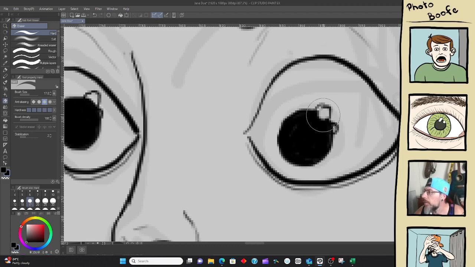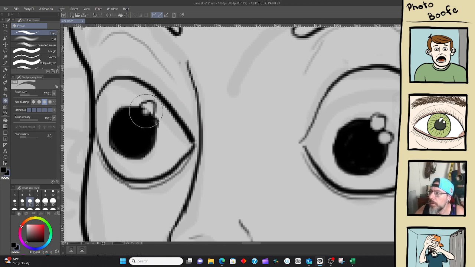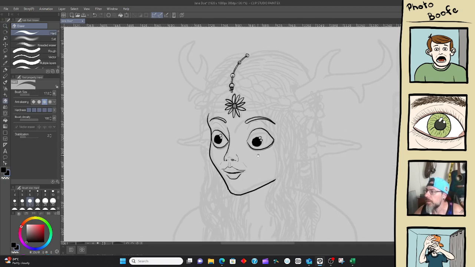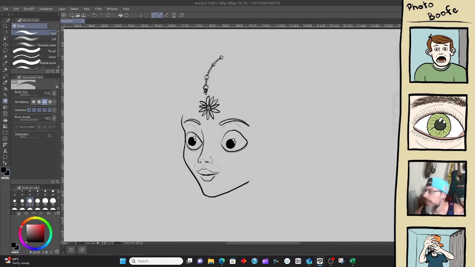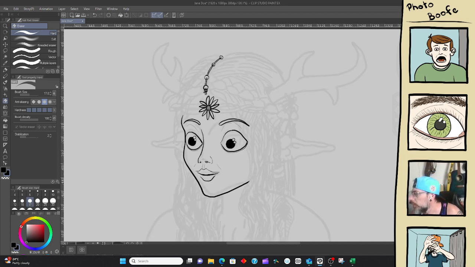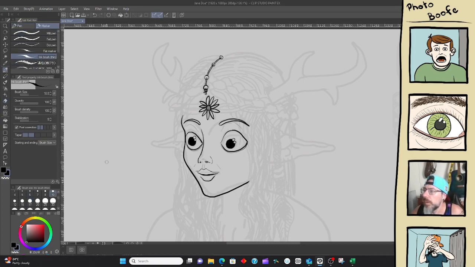Okay, starting to look like something. This brush, I'm not convinced this is the best brush to line with, but I'm going with it.